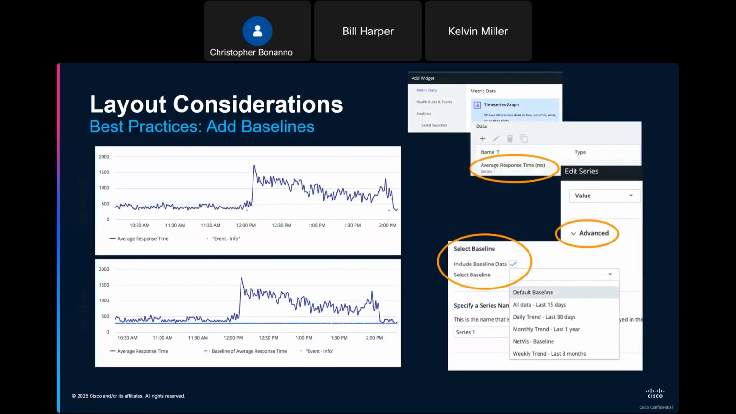Layout consideration: looking at this image, you always want to use your baselines. Baselines give you a visual view of what's going on within the widget, so you can automatically tell if something is out of norm or abnormal. If you look at the top image, the top metric, there's no baseline listed. So all we know is that at, say,